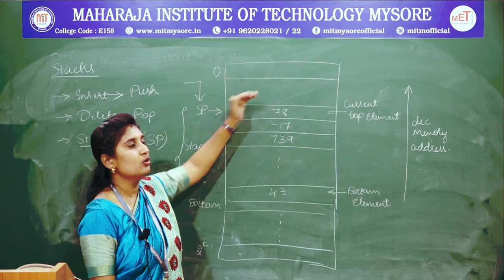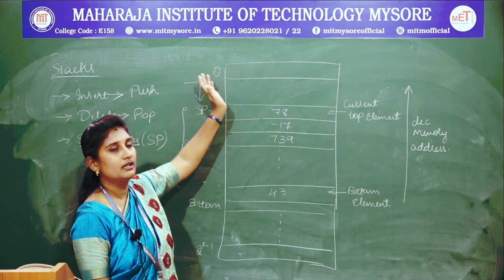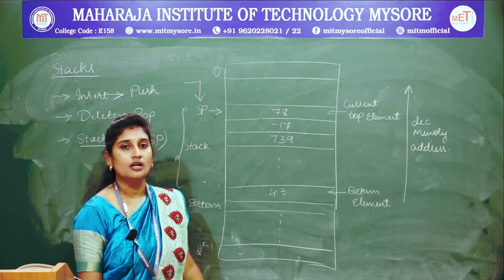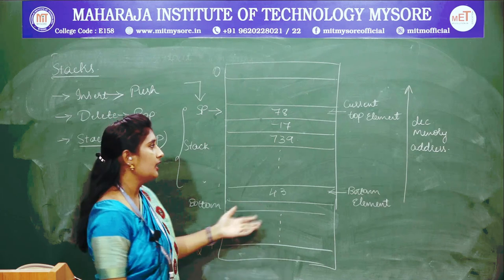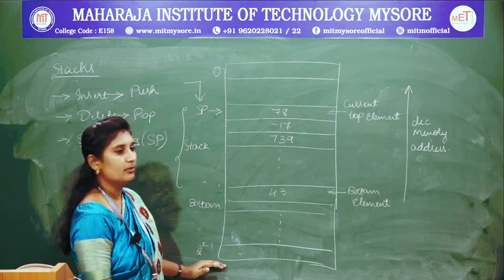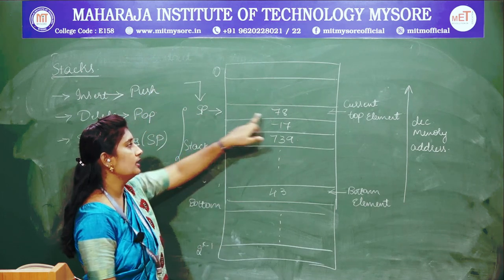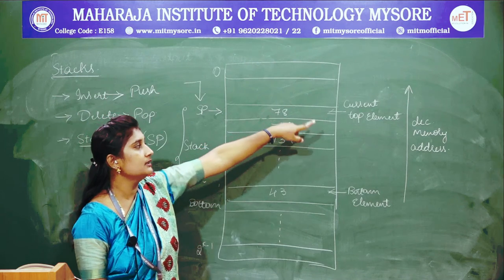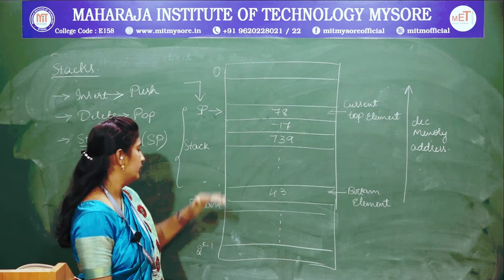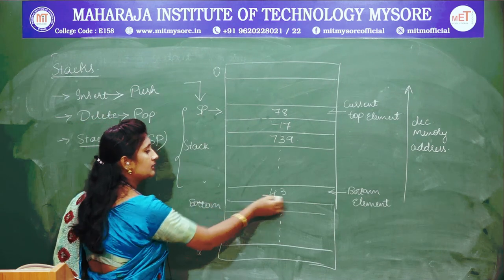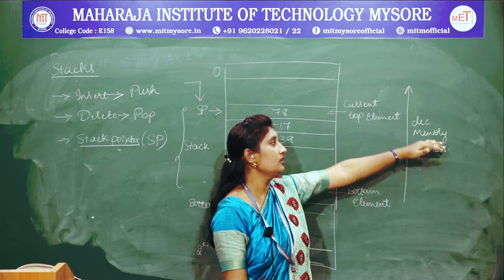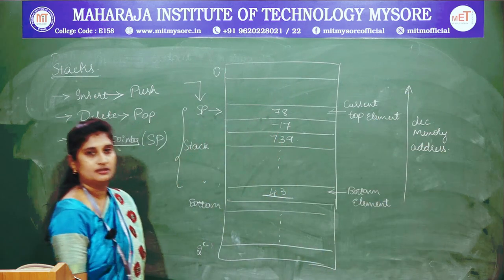any given time. Either you insert an element into a stack or you delete an element from the stack, this pointer will be placed at the first element in your stack memory location. Fine. Again here you will carry out the push operation. Here is a memory mapping of your stack, where the stack pointer is facing the top element, that is the current top element. Again you will have the elements below it, and the right bottom element will be empty. This will be the bottom element, and you will be carrying out the push and pop operation in a decreasing memory address. Fine.